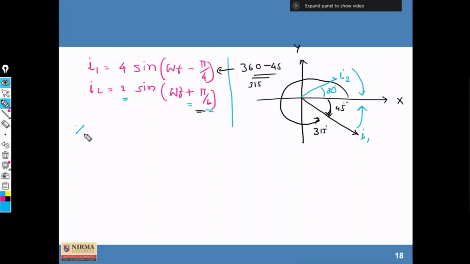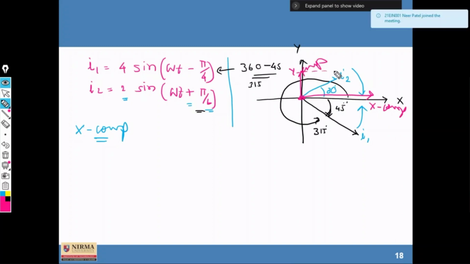So let me write the x component first of all. Why are we doing this? Because we are finding the x component. So this is the x component, this is the y component,